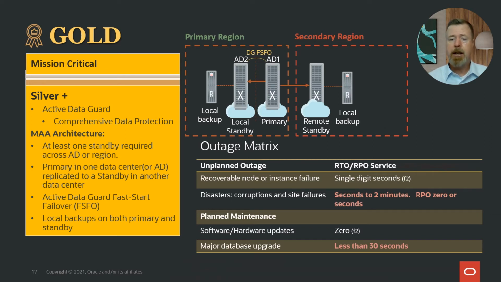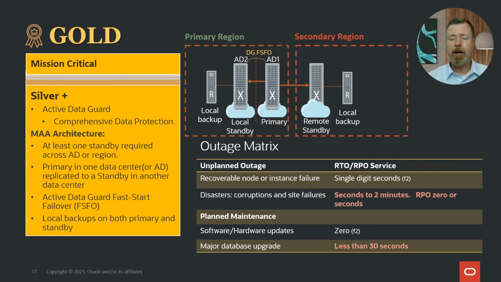And then we also have the ability to do upgrades now with our DBMS_ROLLING feature to allow us to roll through. We can turn one of those standbys into a transient logical standby. We can do the upgrade against it. The experience, the 30 seconds that we're talking about here, is essentially recycling one of those servers as we go through. And as long as you have more than one standby, you still have your DR configured as you run through this. And a lot of our customers also have a second remote standby for this exact purpose, so they can roll through them.